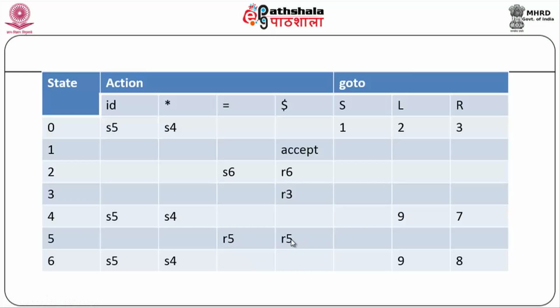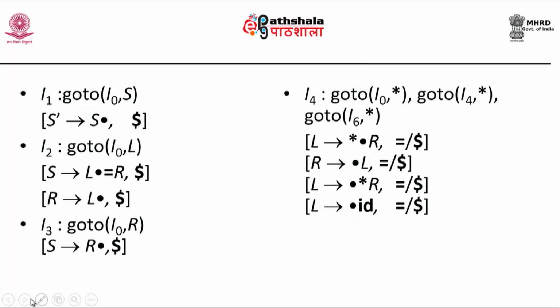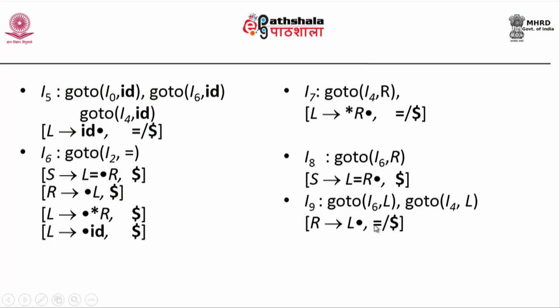Again, this is not introducing a shift reduce conflict, nor is it introducing a reduce conflict. Okay. So R5 is actually reducing by the fifth production, L produces ID, but I have merged them together. Therefore, R5 is now appearing in the same row where it would have appeared in two different rows. Similarly, I have also merged I9 and I4, I5 I have merged, I have shown that. So I9 I have merged, and that has got a dot at the end. So where I have merged and where there is a dot at the end, those things alone matter.